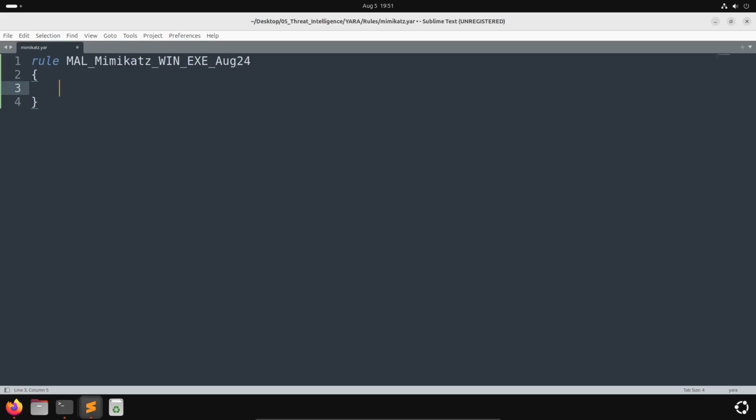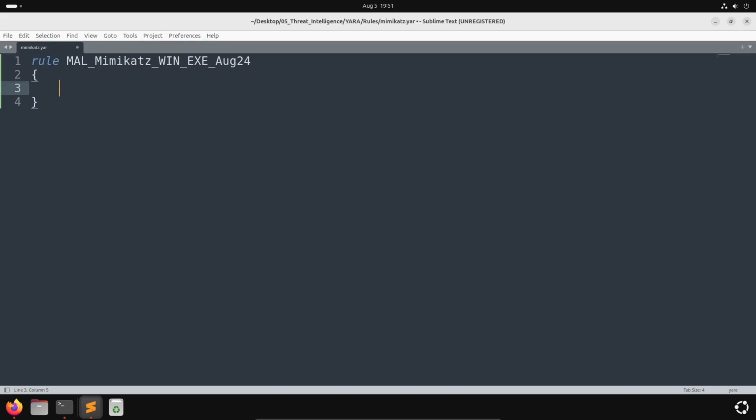And so the strings definition section is where the actual strings that will be part of the rule are defined. And each string is going to need a unique identifier, which we use with a $, which I'll show you in a second. But again, we can almost think of it like a variable that we can then include in our conditions. And again, we're kind of jumping ahead a bit, but as best practice, we should also include a